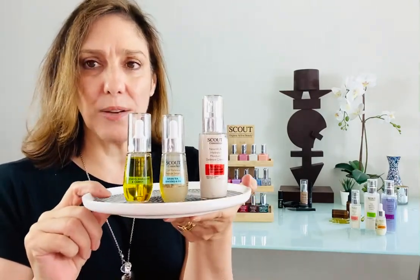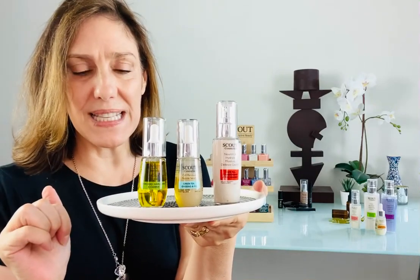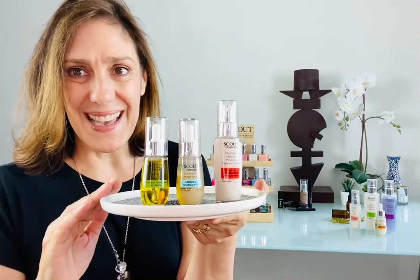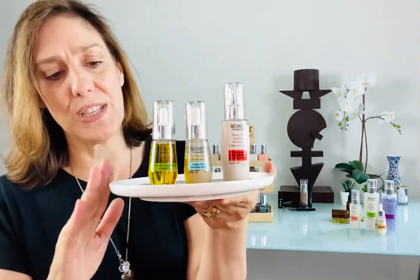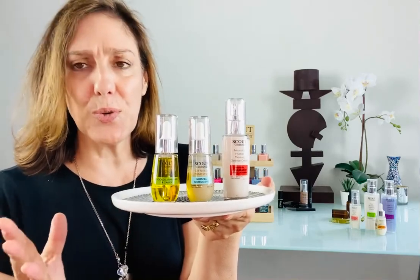This isn't just a single oil. It's not just a rosehip. It's not just a jojoba. Yes, it does have those ingredients in there, but it's full of 7 different oils. And they're all in there to boost collagen, to boost elasticity in the skin, to really help heal, soothe a